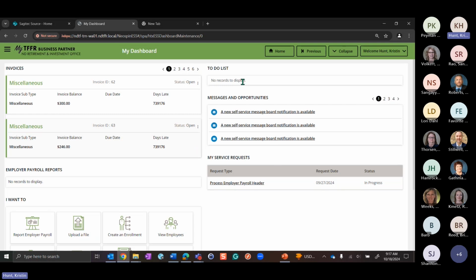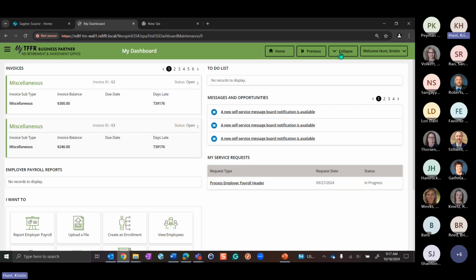But what we have here, at the top of the screen in the top right, are these buttons. No matter where you go, you can always come back to the home screen by clicking on this home button, and it's going to take you back to this screen that we're looking at right now. We also have the previous button, which seems obvious, but if I tool around to another screen and I just want to go back to the previous screen, I can click on this one.